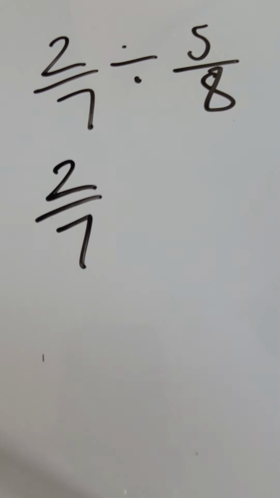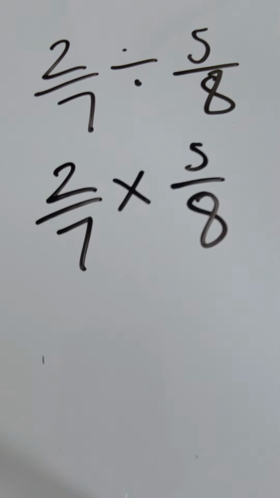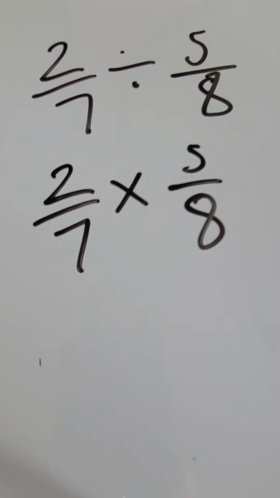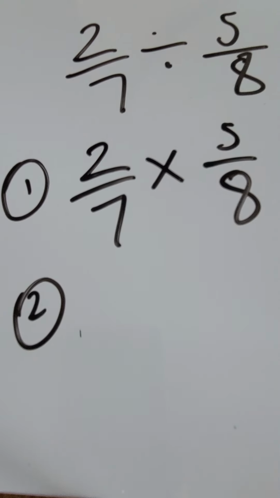So we still keep 2/7, but we're going to change the operation sign from division to multiplication. Both fractions stay the same for now. Okay, this will be step 1. This will be step 2. Next step